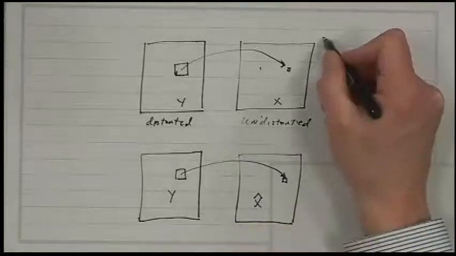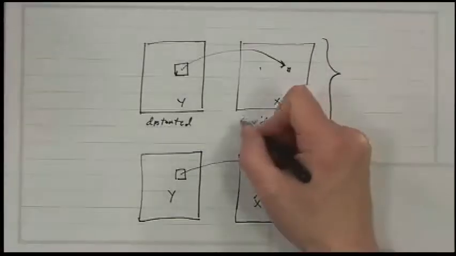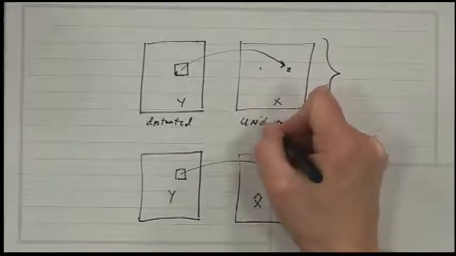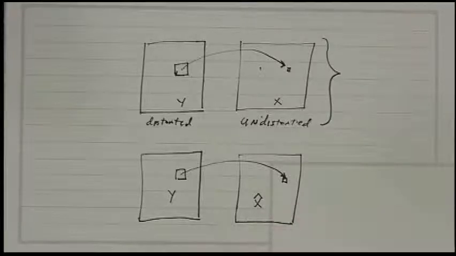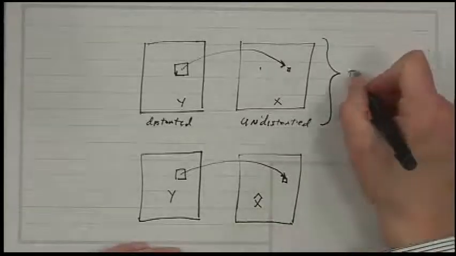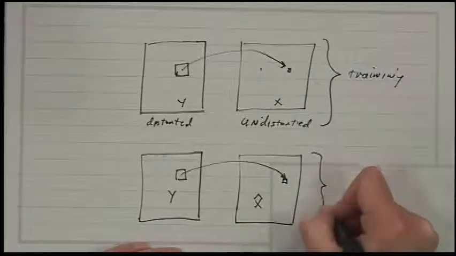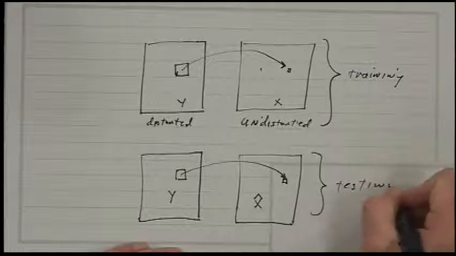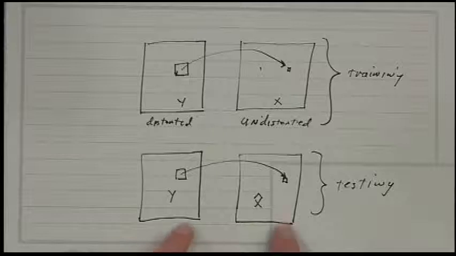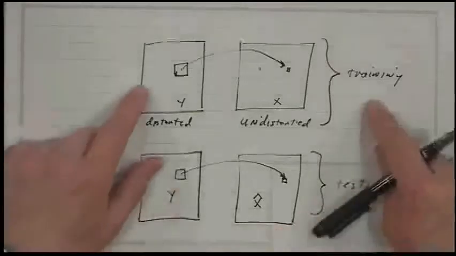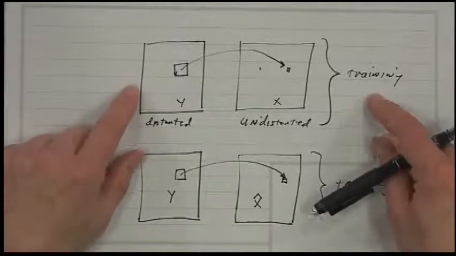So if you had the answer, why did you even bother to do the problem? Well, the reason you did the problem is because very often you don't have the answer. So this is called the training case. And this is called the testing. So, ideally you have lots and lots of training data, but training data is expensive. And often training data, this is often called